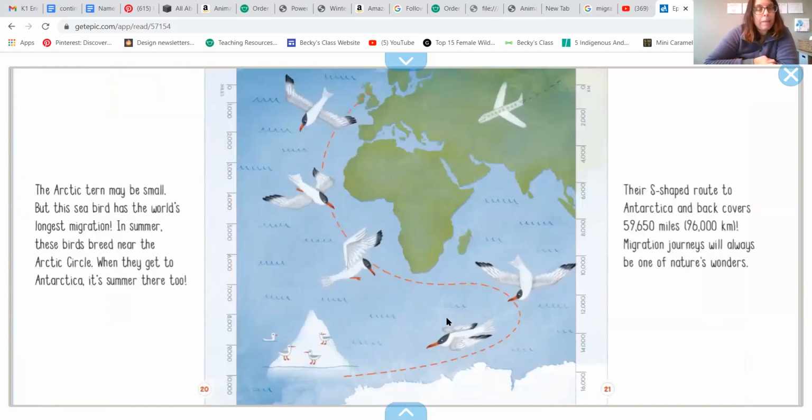The Arctic tern may be small, but this seabird has the world's longest migration. In summer, these birds breed near the Arctic Circle. So they breed up here, up north near the Arctic Circle. When they get to Antarctica, it's summer there too. Because the seasons are reversed, they spend summer up here in the Arctic, and then when it's winter in the Arctic, they fly down here to the Antarctic, and it's summer when they get there. Their S-shaped route to Antarctica and back covers